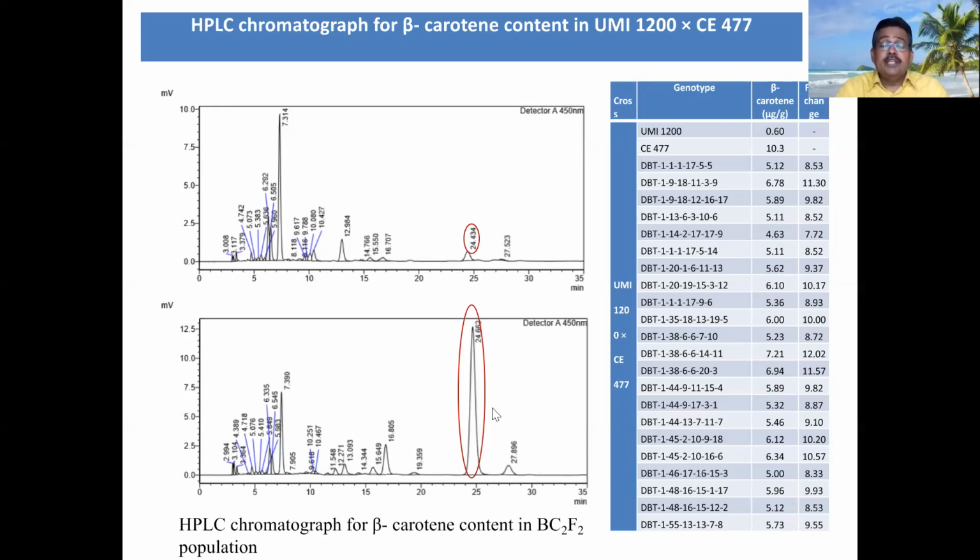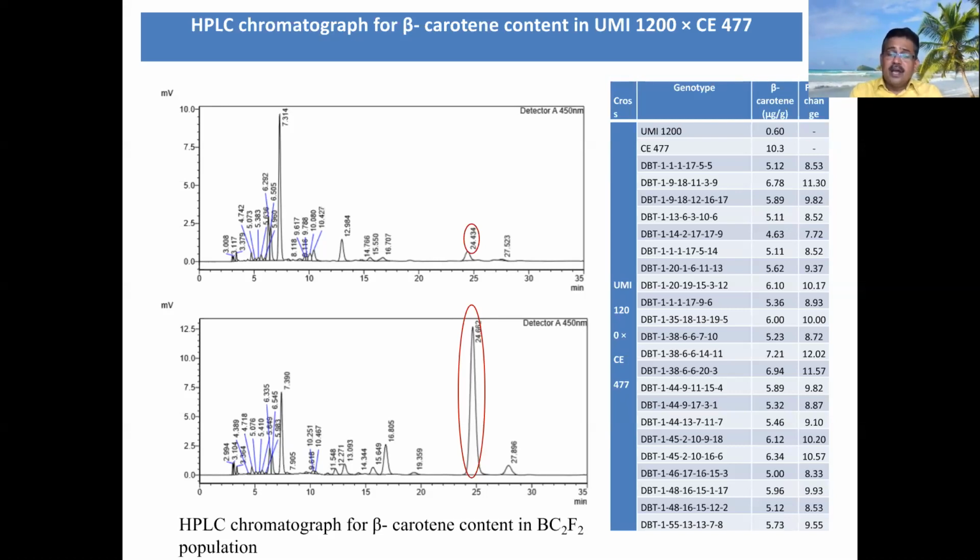This was done by using HPLC. You may be asking the question: why, sir, in the backcross progeny itself can we not select by applying HPLC to see whether the progeny has beta carotene or not? Yes, it is possible, but the backcross progenies are segregating progenies. So when you destroy a sample, that progeny will be lost. If you test a backcross plant by HPLC, it is a destructive method.